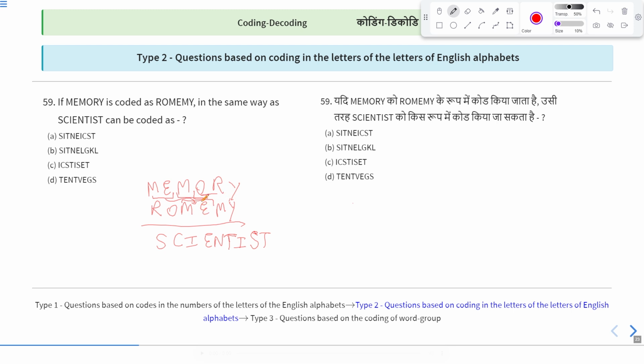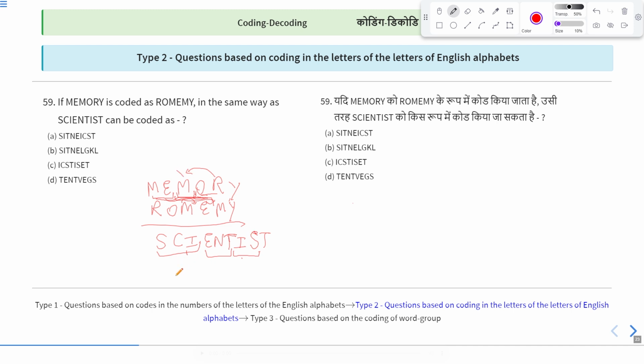MEM, this entire 3 letters have been moved forward. Then R has been moved back. So in this again, 3 letters have been moved forward. Tick, these 2 move back in reverse. So this becomes